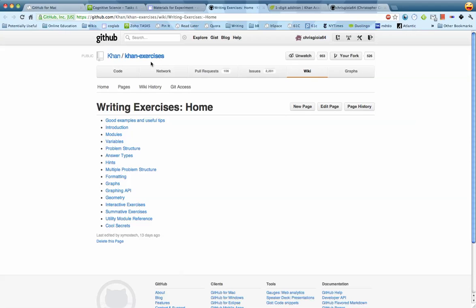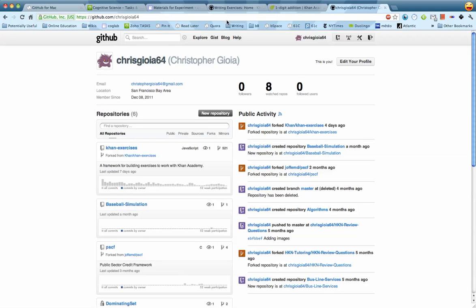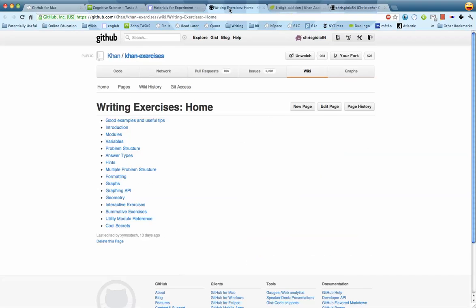So we want to copy this source code over to our account, in this case ChrisJoy64, and to do that we are going to fork the repository, which is basically just copying it over from some external account to your account. And to do that, we're going to click this link. Now ordinarily, if this hasn't already been forked, it should say something similar to fork this repository. But since I already have forked this repository over, it says it's my fork. So you want to click this,